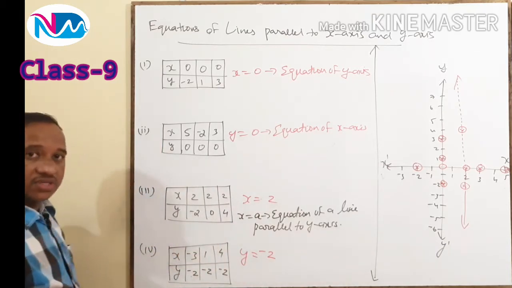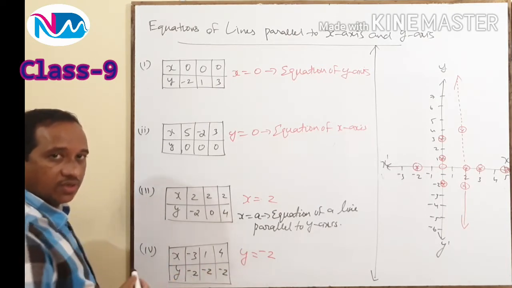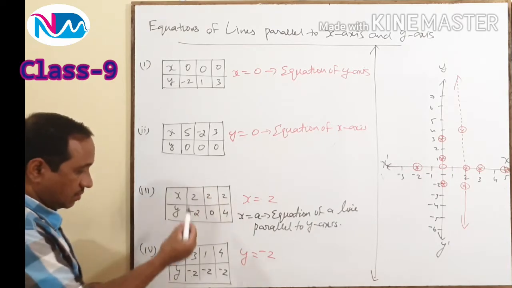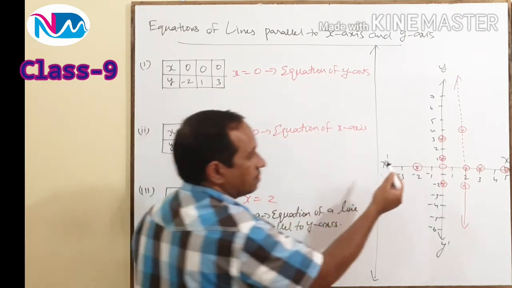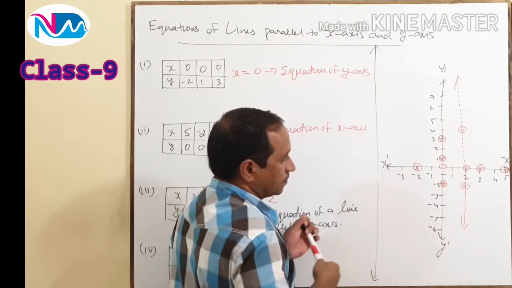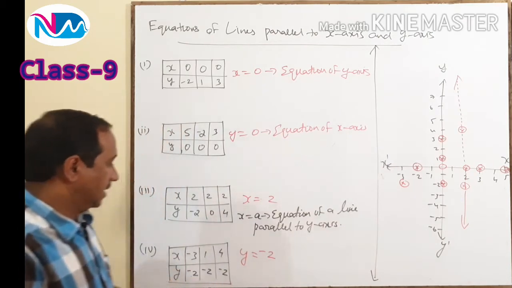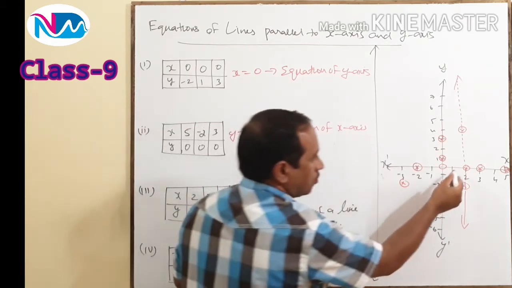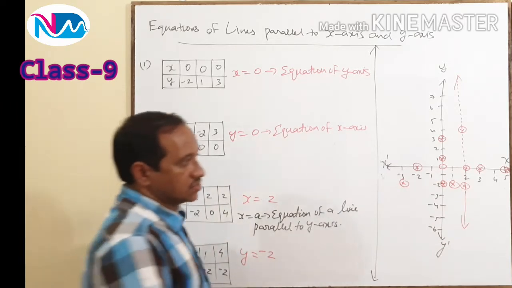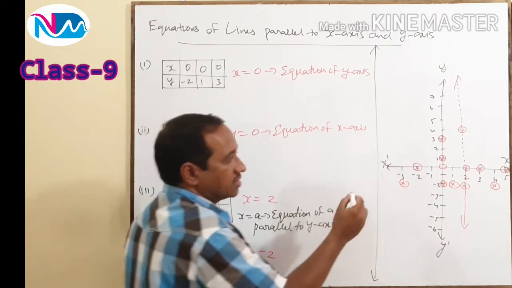Now we are coming to the fourth table in which y is kept -2 everywhere. Let us plot these points in the Cartesian plane. -3, -2, it is somewhere here. Next, 1, -2, it is here. 4, -2, and it is here. Now, if you join these points,